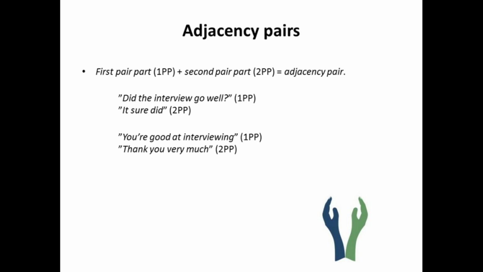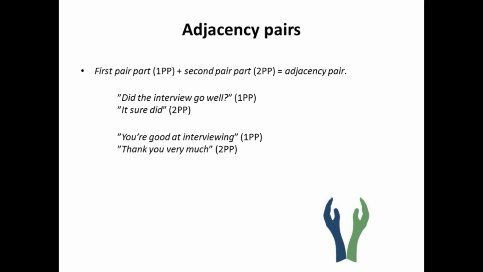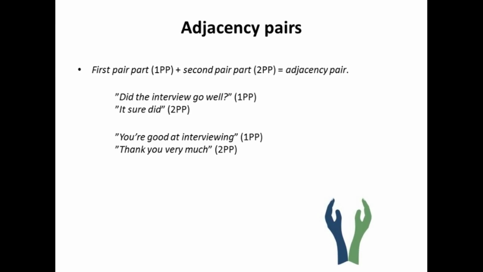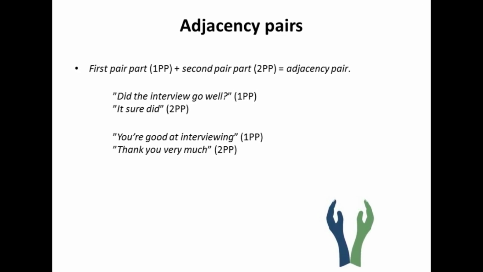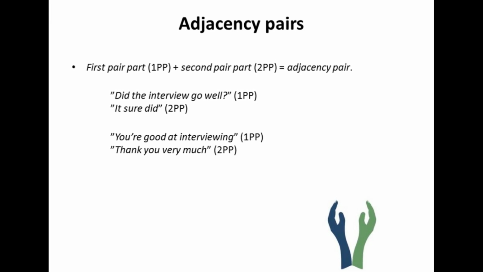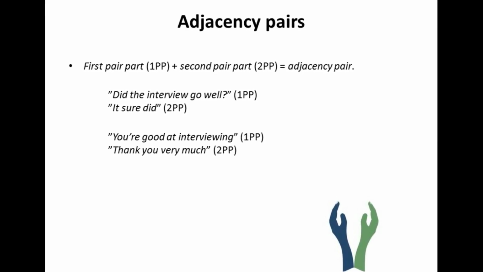The most basic concept within CA is the concept of adjacency pairs. An adjacency pair consists of a first pair part and a second pair part. The first pair part warrants and even demands the second pair part. This could be a question-answer exchange. When we ask a question, we expect an answer in return, and when we praise somebody, we expect the other person to react to the praise we just gave. Requests and assessments also demand a second pair part response.